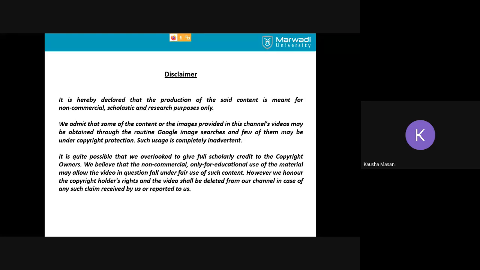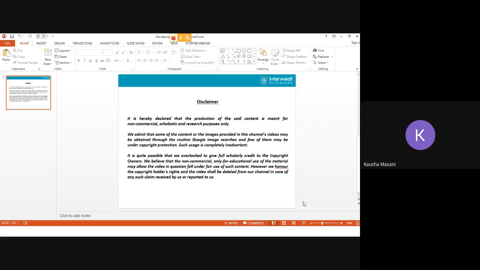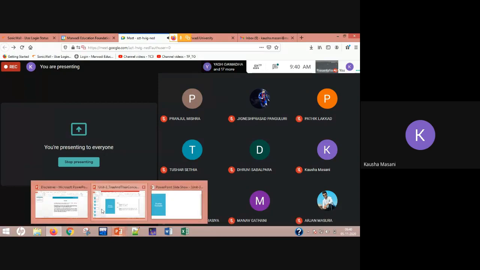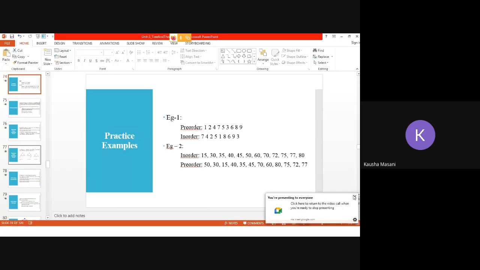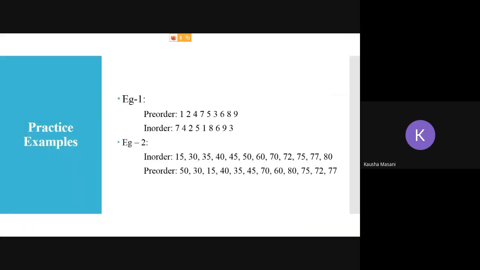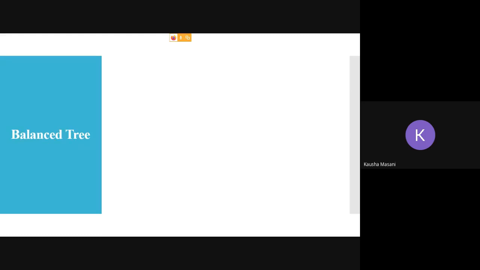Okay, so today we are going to start with a new variant, that is height balanced tree. Now, can anyone tell me what is height of a tree? We have discussed this terminology at the very beginning. So can anyone remember what is your height balanced trees? Or what you can say about balance trees? Anybody heard about these terms?